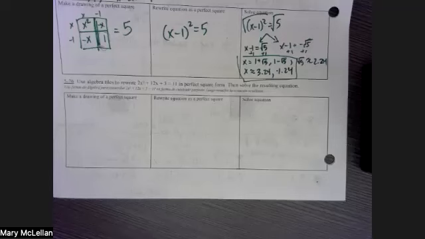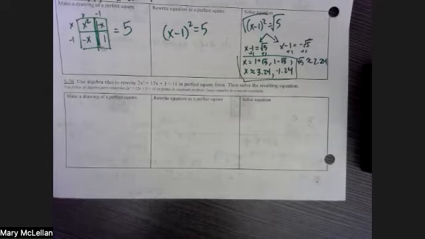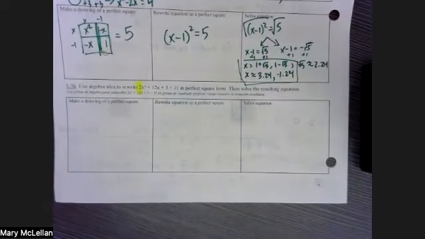Okay, next problem. So this is 5-76. Use algebra tiles to rewrite 2x squared plus 12x plus 3 equals 11 in perfect square form. Then solve the resulting equation. Right away, I want to point out that the 2 in front of x squared is going to make things a little bit harder. So I prepared this